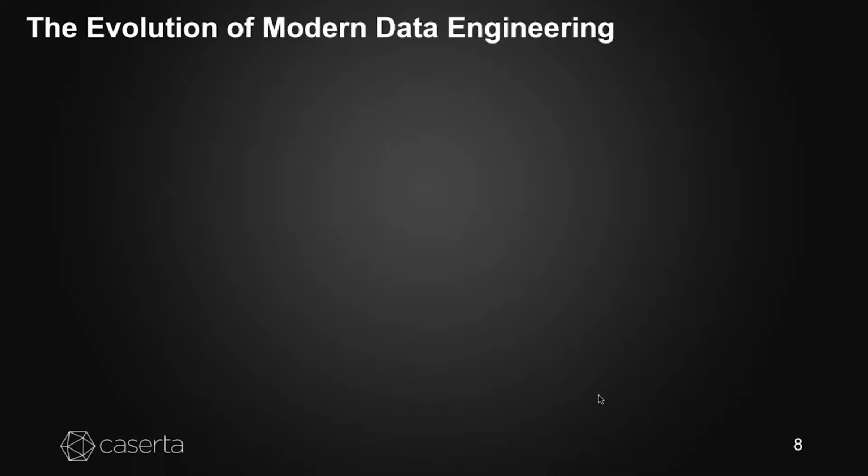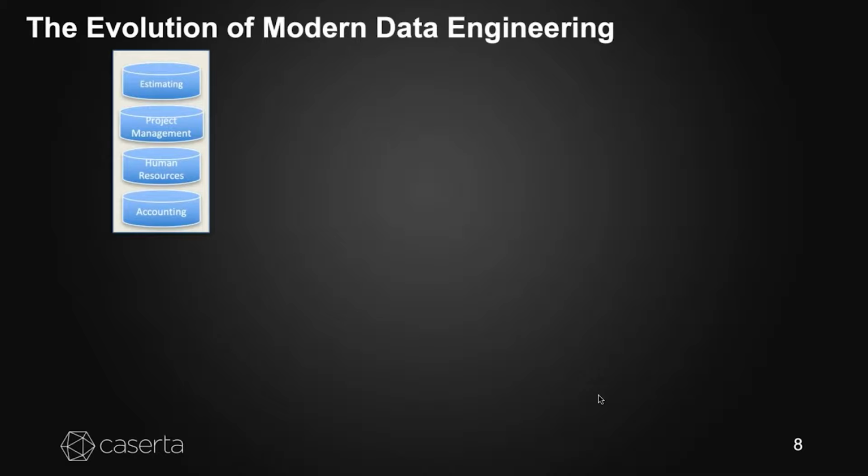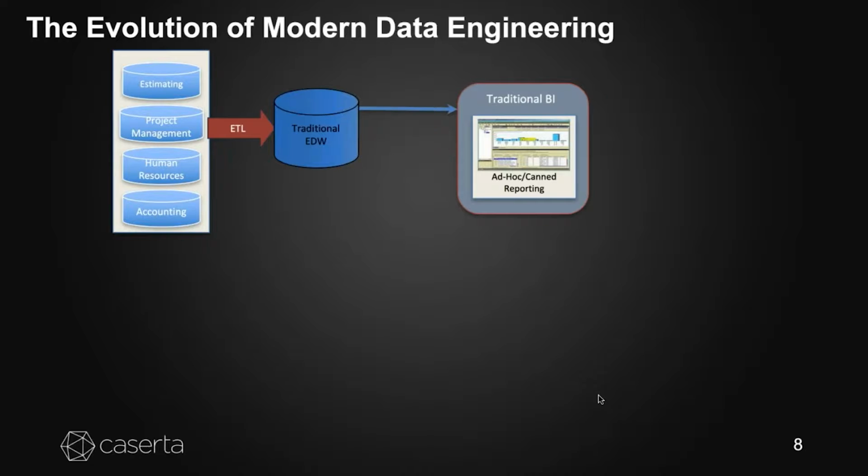So why does a data warehouse, data analytics company care about DevOps? It seems like DevOps really is for application development, which is a different world, right? When you have applications, you need to have a very iterative approach where you can have continuous deployment, continuous integration, and constantly adding new features. With data warehouses, it tends to be a little bit more waterfallish, right? You have your ETL processes, your data models, your reports, and it's very much a downstream process from your core applications. That used to be the case, and for the past 2 decades, that's what we've been doing up until around, I'd say,